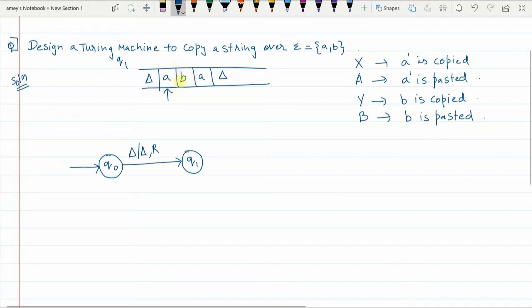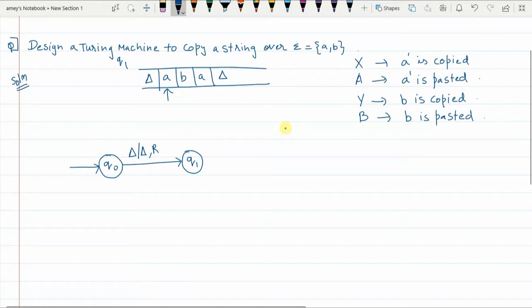So I will copy b, ignore everything on the way till I reach the end of the string, and paste that b. While coming back, I will ignore all the a's or b's or whatever symbol comes on the way till I reach the last copied element, that is b, and then move to the right. This is the next element to be copied. I will copy this and go on ignoring all the elements on the way till I reach delta, and wherever there is delta I will paste the element. Basically, that's the logic.